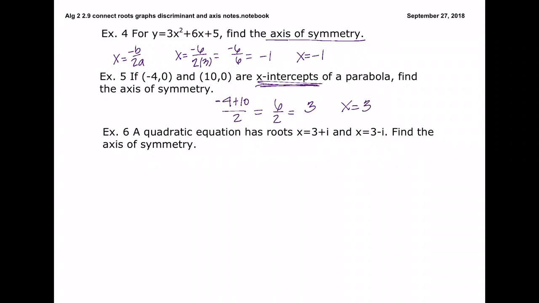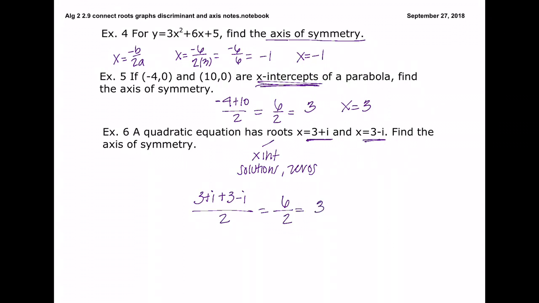Example number 6 says a quadratic equation has the roots 3 plus i and 3 minus i. Find the axis of symmetry. Remember, roots are also x-intercepts, solutions, zeros. So if we average those, we would take 3 plus i plus 3 minus i divided by 2. 3 plus 3 gives us 6. i plus negative i, they disappear. And 2 stays in the denominator. We would get our axis of symmetry, the line x equals